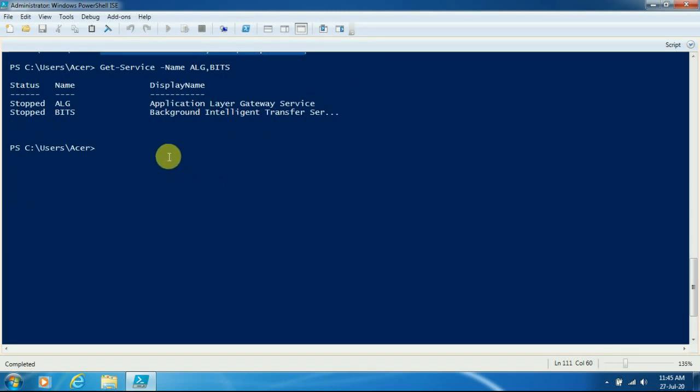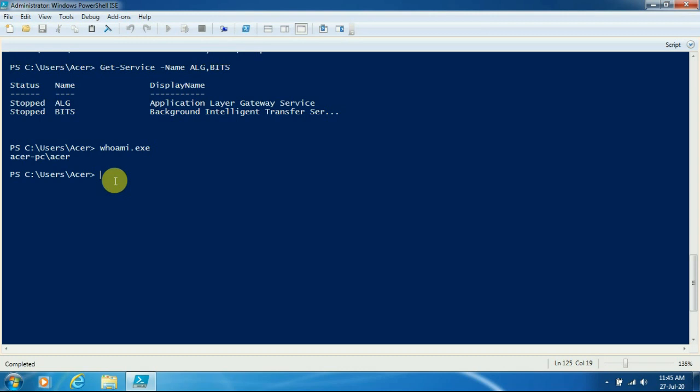And now we will see how we can use an external command as pipeline input. One command is called whoami.exe. This is basically not a PowerShell native cmdlet, it is an external command.